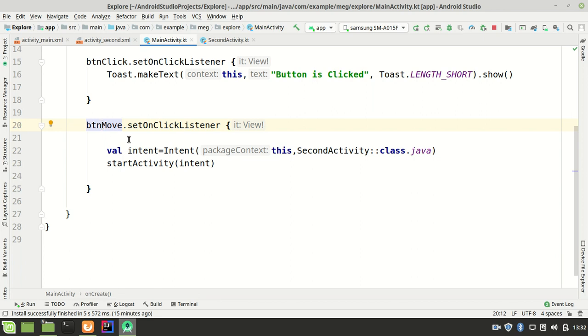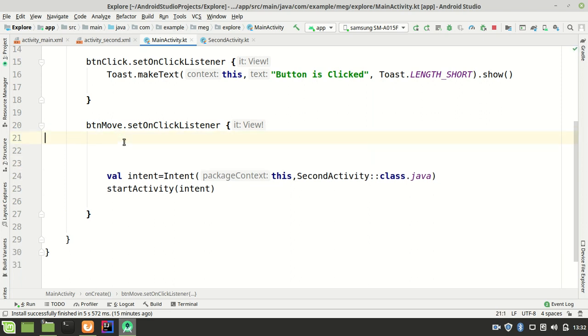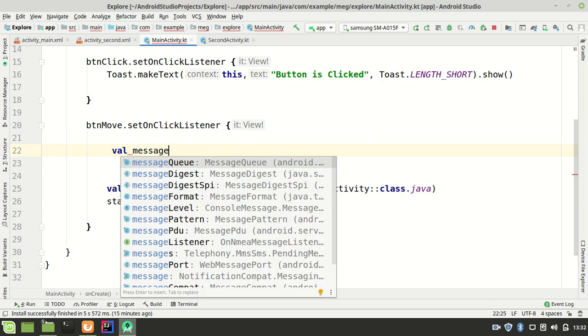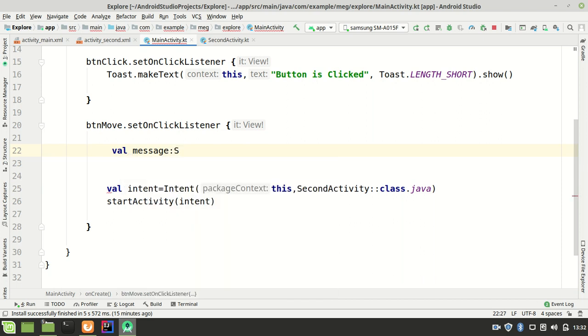So we can just come in here, then we create a value for message. It will be quite simple. So you'll say val, then we can call message. So val message, then this is a string. Our message is always a string. Then we can say equals to, then we call our